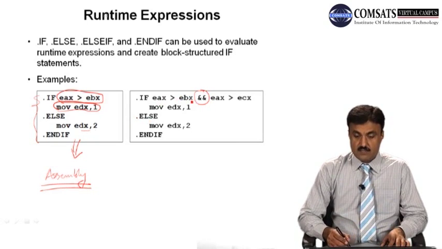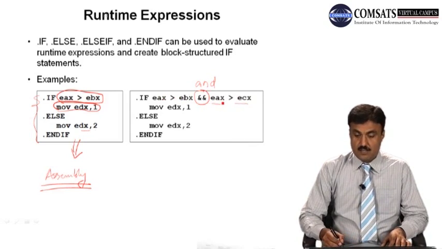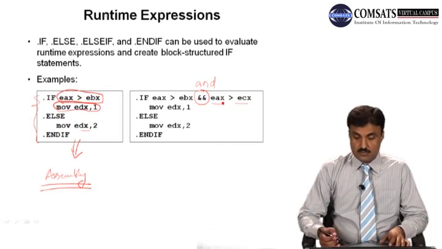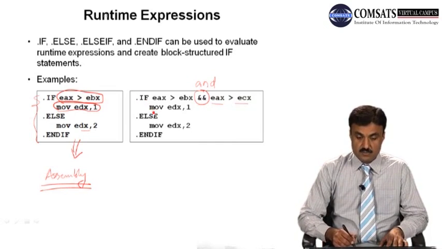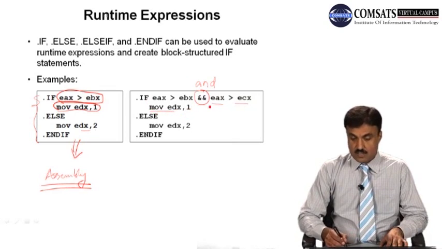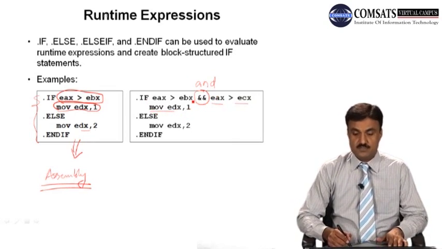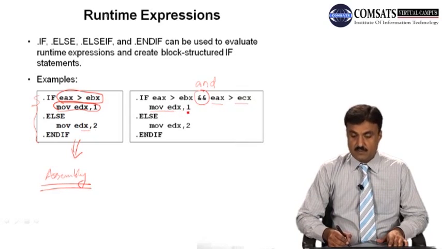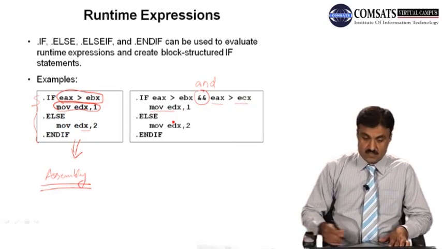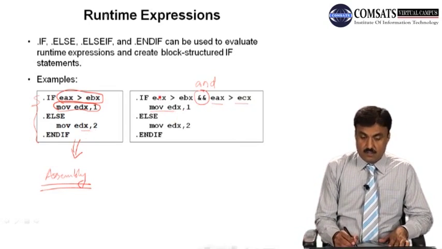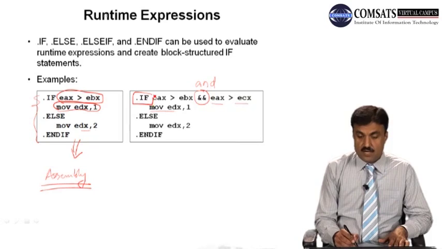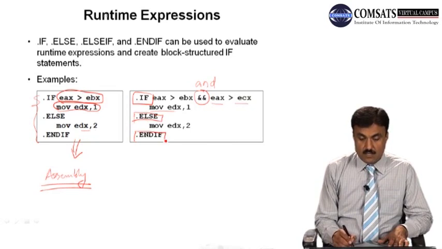So if eax is greater than ebx, or eax... this one is AND. So if eax is greater than ebx and eax is greater than ecx. This is a compound logical expression that is being used here. If this whole condition is true, or the whole expression returns true, then edx will be assigned value 1, otherwise edx will be assigned value 2. So you have to keep in mind that we have the .if directive, then the .else directive, and the .endif directive,